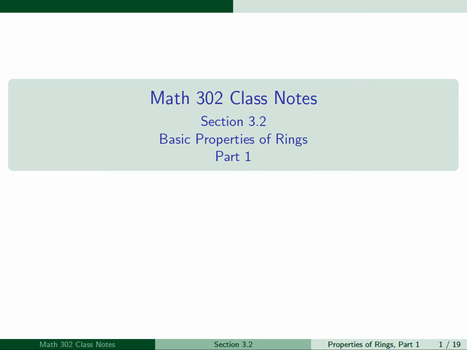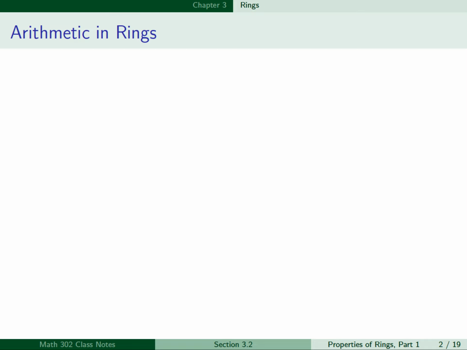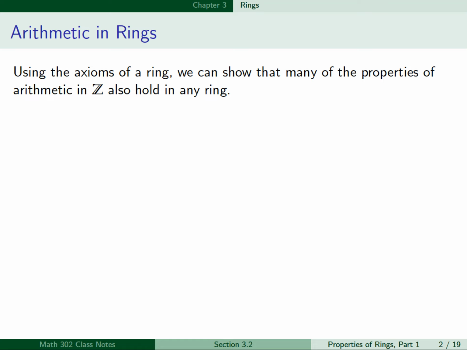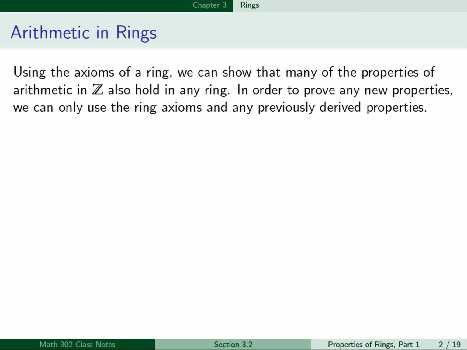This is the video lecture for Part 1 of Section 3.2, Basic Properties of Rings. We're going to first look at arithmetic in rings. And using the axioms of a ring, we can show that many of the properties of arithmetic in Z also hold in any ring. In order to prove any new properties, we can only use the ring axioms and any